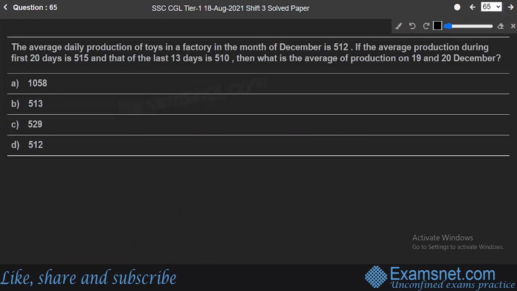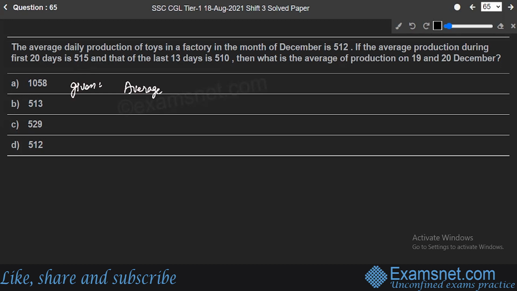Next is question number 65. The average daily production of toys in a factory in the month of December is 512. If the average production during the first 20 days is 515 and that of the last 13 days is 510, then what is the average of the production on 19th and 20th December? First of all, let's write down. You are given